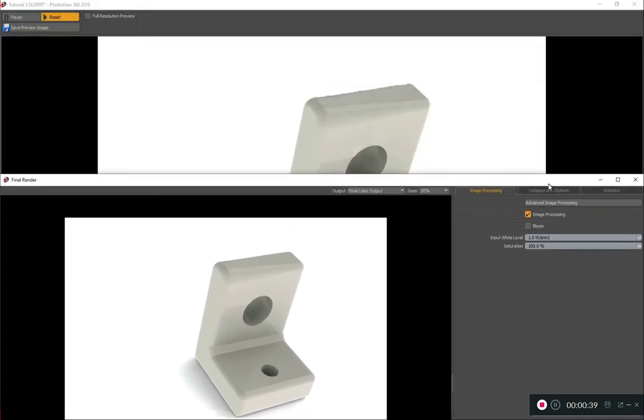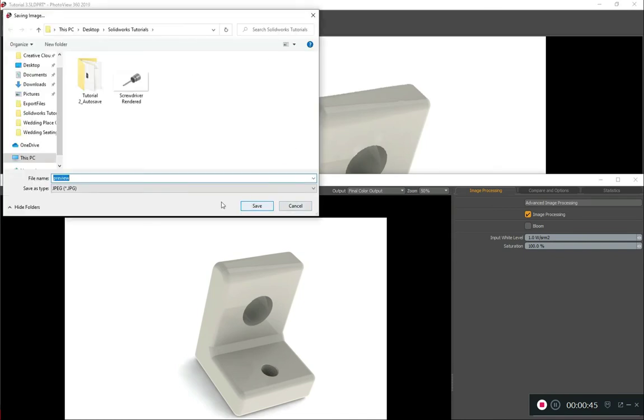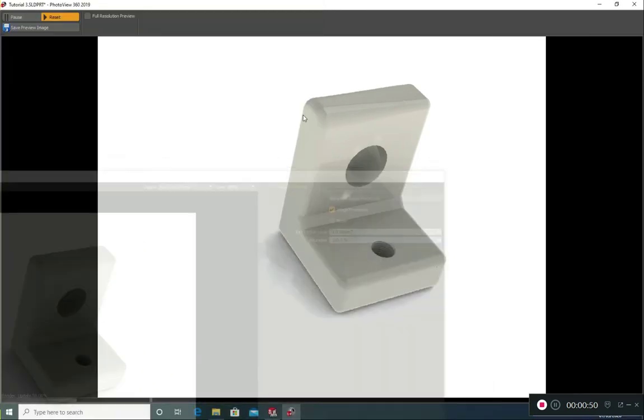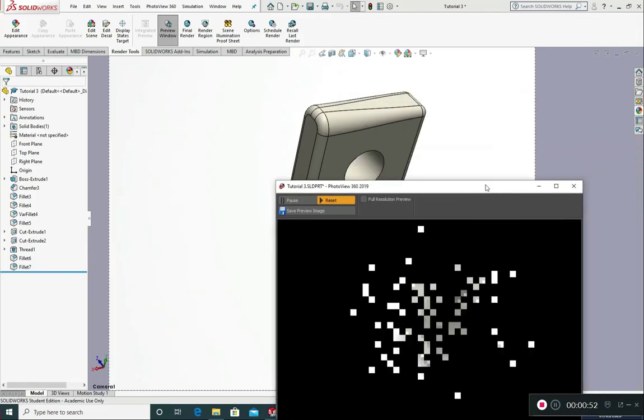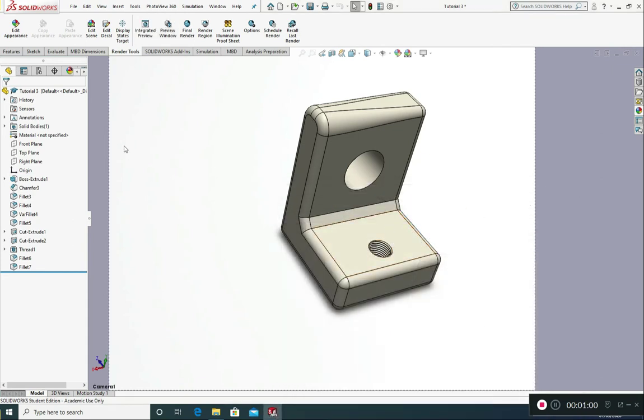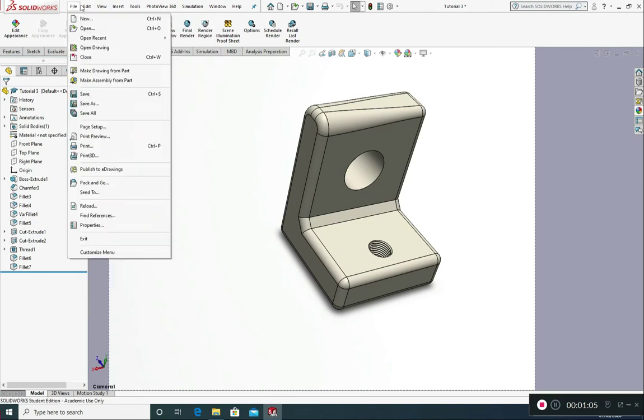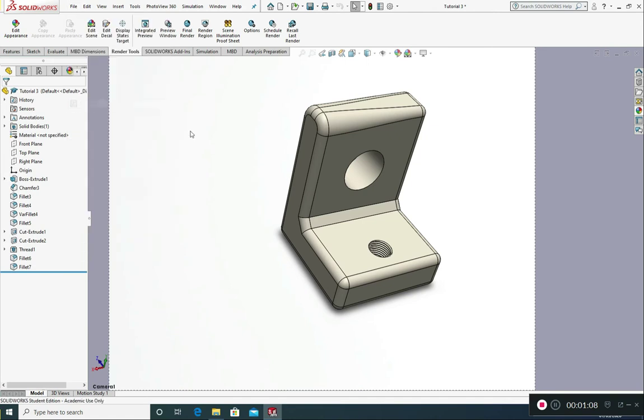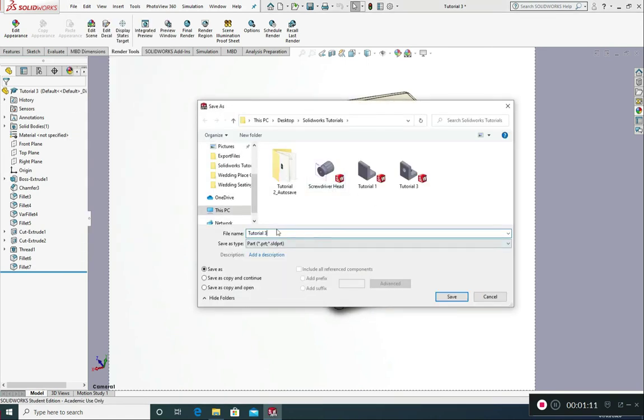Now, if you wanted to, you could save the preview image, and you could save this as a certain render. However, for the purposes of this tutorial, I just want to move on from this and show you how to produce the orthographic drawings. So, to produce orthographic drawings, we need to first save the drawing, which is recommended. So save as, we're going to call this tutorial 4. Save,